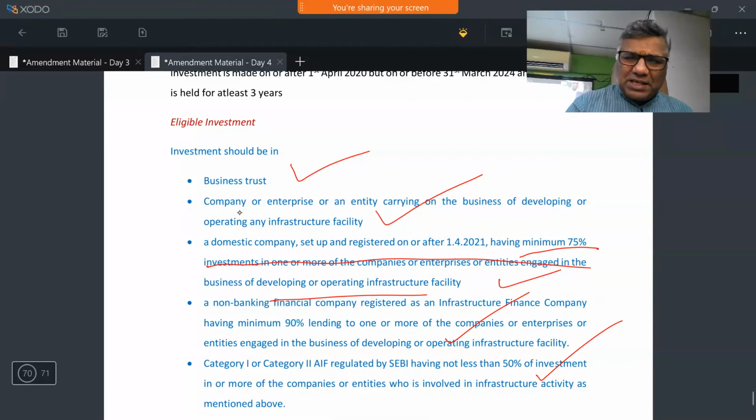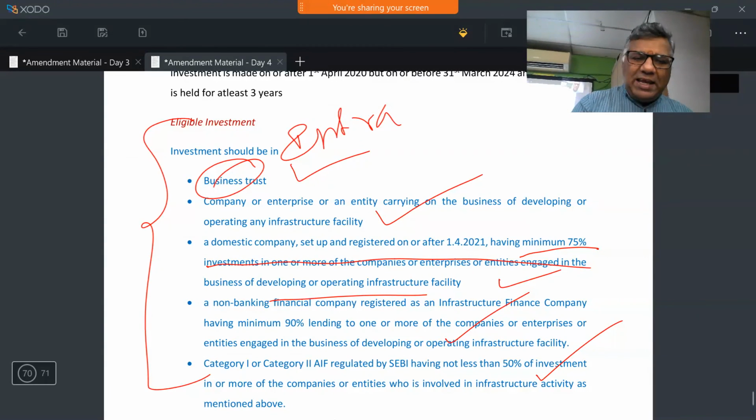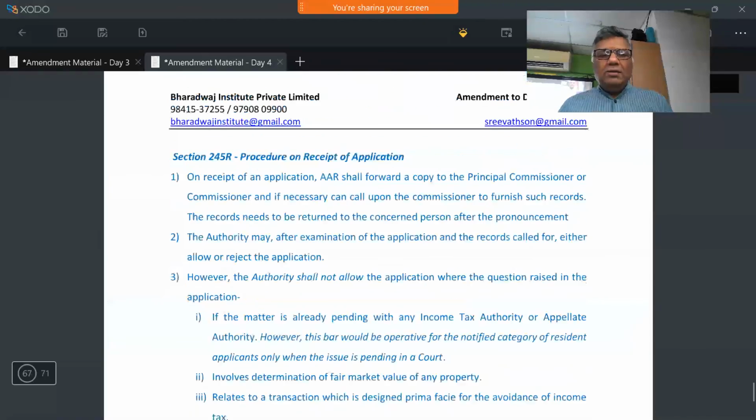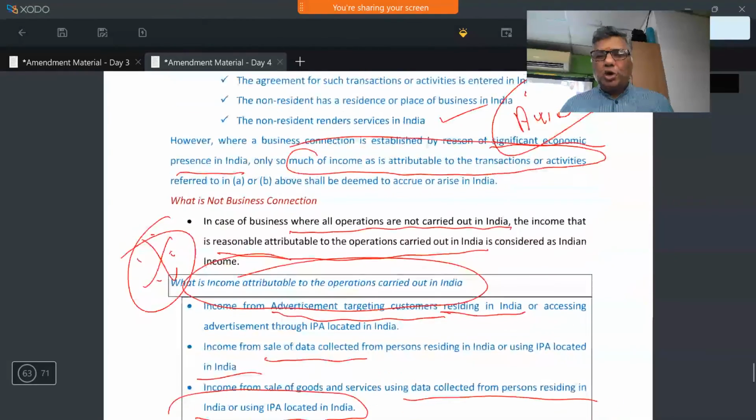Business trust, again, we know is for the infrastructure industry. So the whole thing is the infrastructure industry. So far we were saying direct investment in infrastructure. Now we are saying even indirect investment, investing through a company, through a business trust, through a banking company. If you are investing in the infrastructure or development of India, I am ready to give you exemption. Those are the two things, equalization levy and exemptions, which are very less. Let us move on to advance ruling.